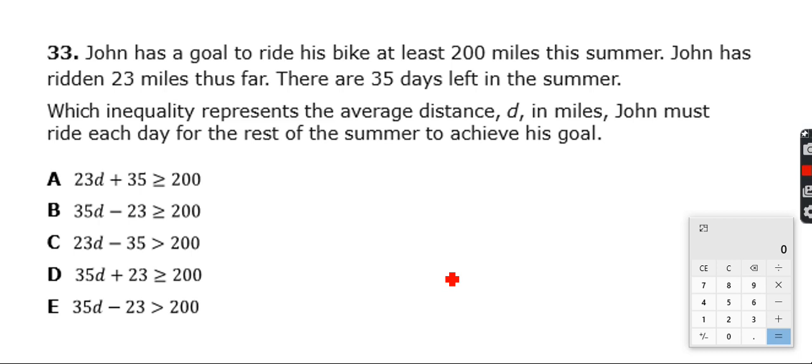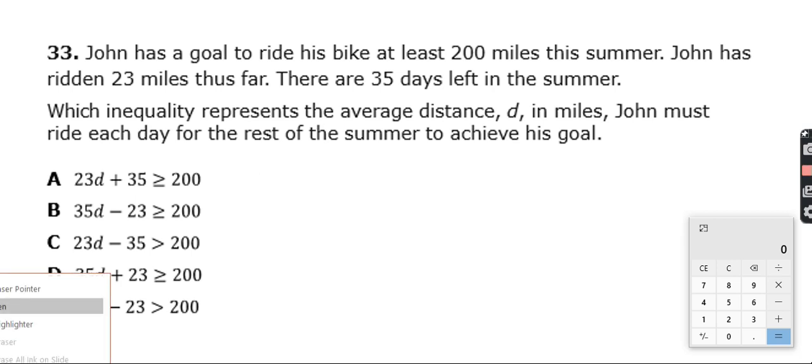So, we're going to take these couple of sentences and we're going to break each word and phrase into operations and values that will create our inequality. So, John has a goal to ride his bike at least 200 miles this summer. So, at least means that 200,